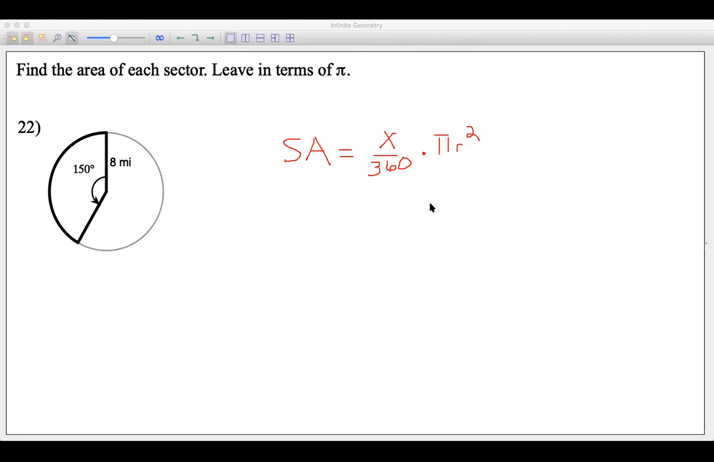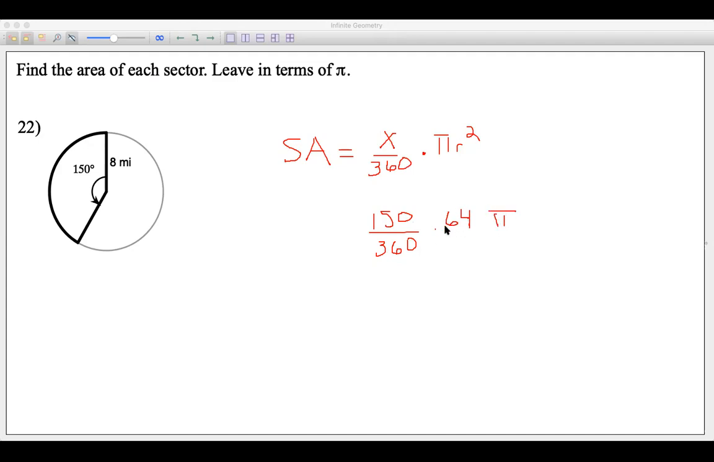Can we do this in our heads? Let's see. X would be 150. 360 is 360. And the radius is 8. We got to square that. 64, and then tack on a pi. All right, this one's not as friendly. I mean, we actually could reduce this in our heads, but